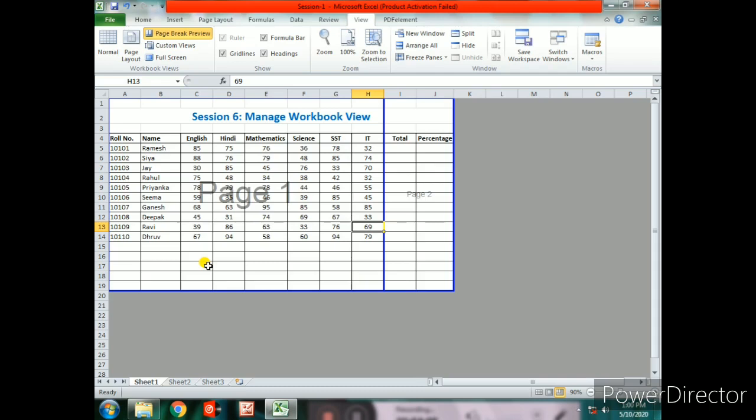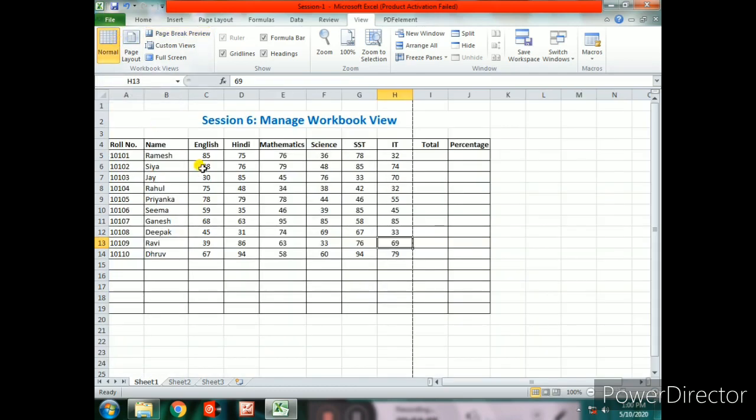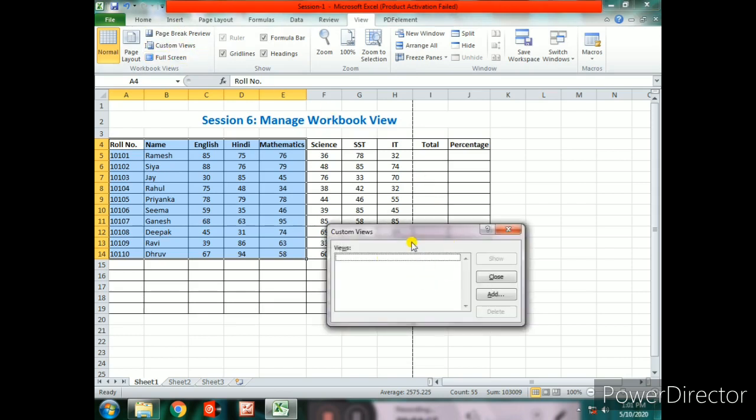Now specify and set the display and print settings that you want to save in the custom view. First of all we will move to the normal view. Now if I want only this much data in the custom view, first of all we select that data, then move to the view tab and custom views.